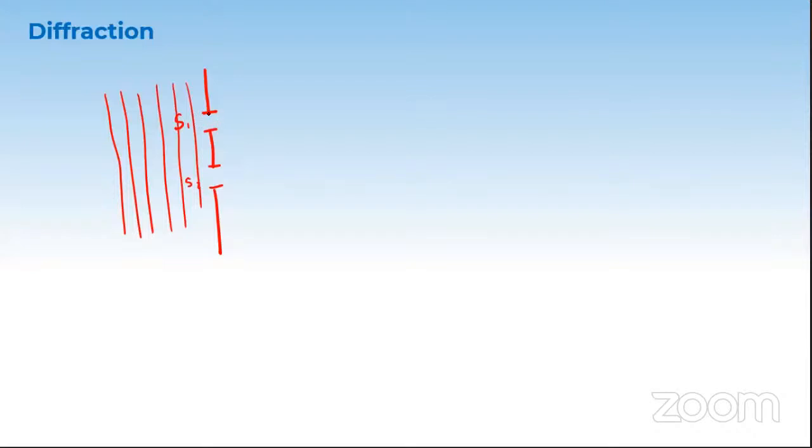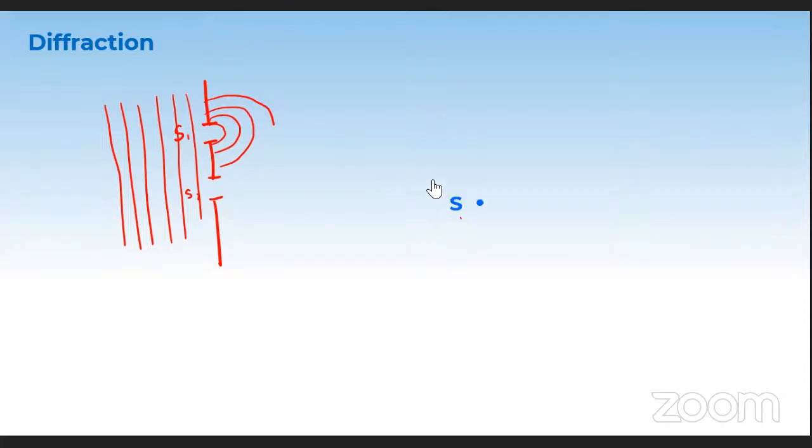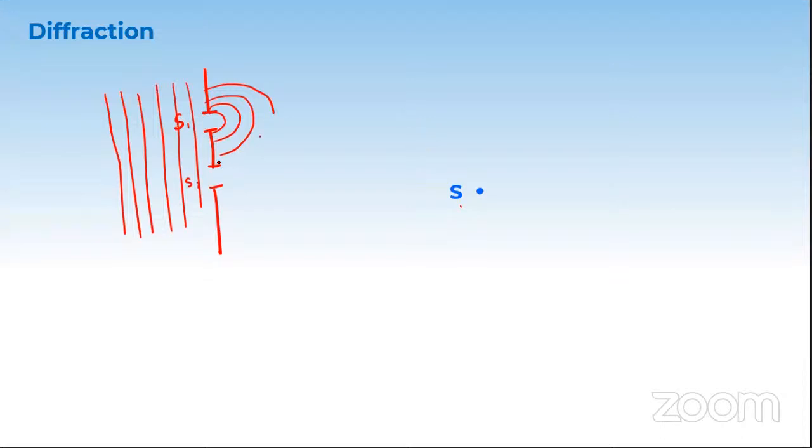So this will be converted into a spherical wavefront, right? So I've been writing the diagram in this particular way. The light waves spread out from this point S1 to this point S2. So this point S2 will be